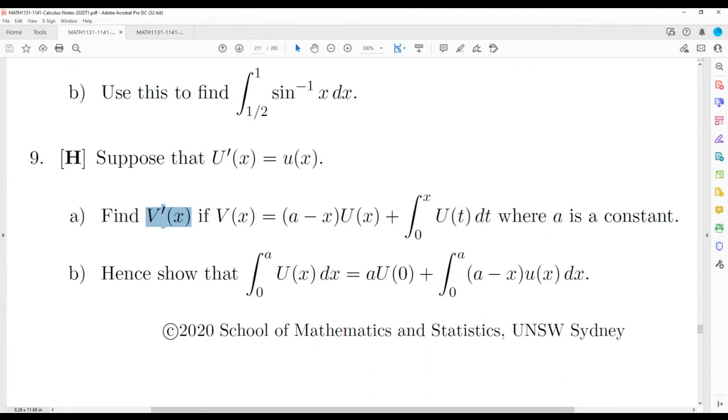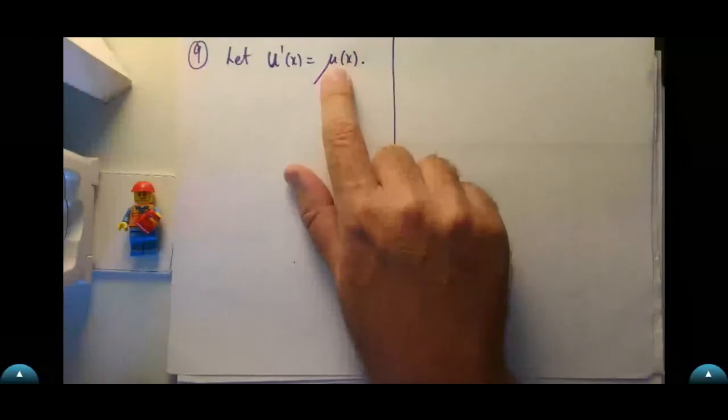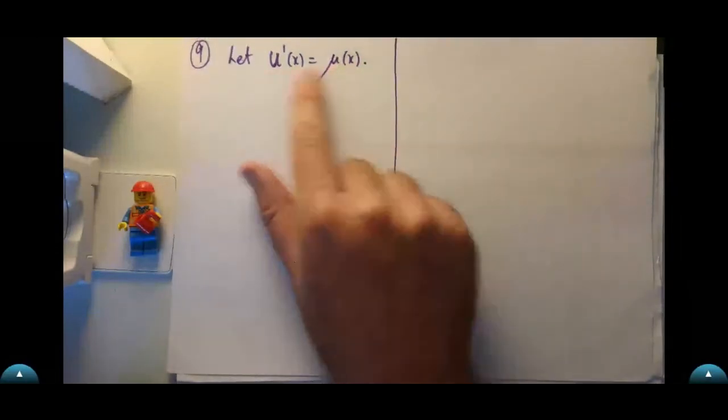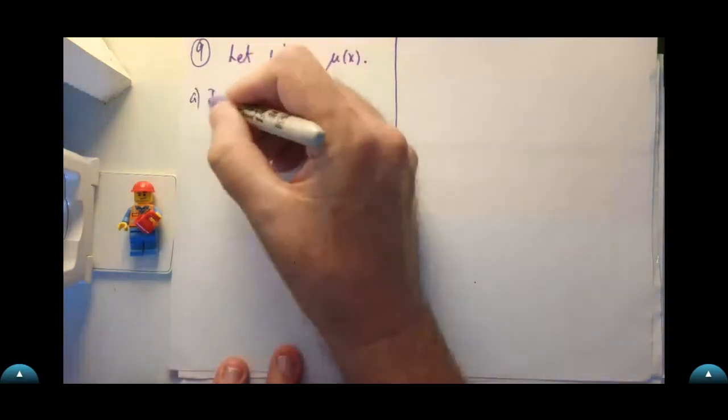So let me switch over. Right now, I'm going to use mu as the lowercase letter instead of u, because these things get confused sometimes. All right. So for part A,